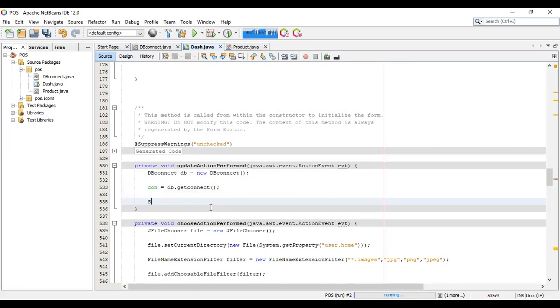Then my SQL string for updating my data. Then there are two ways I'm going to update it. The first way is updating without the image. Then the other one is updating with the image. So string SQL. Just go to SQL for now. Being equal to